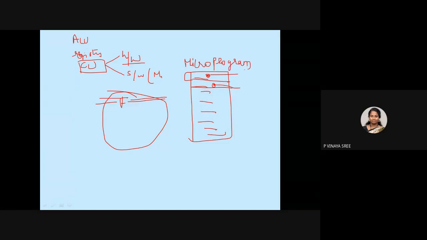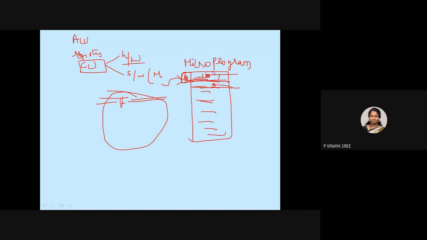So what is a micro program? A microprogram will have an address. It has to go to that address, and there you will have the micro operations.